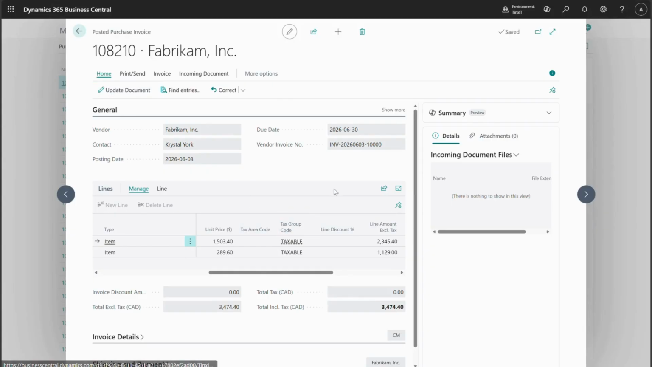This completes the purchase order lifecycle in Business Central, from creation to receipt and invoicing, ensuring full traceability between purchasing, inventory,